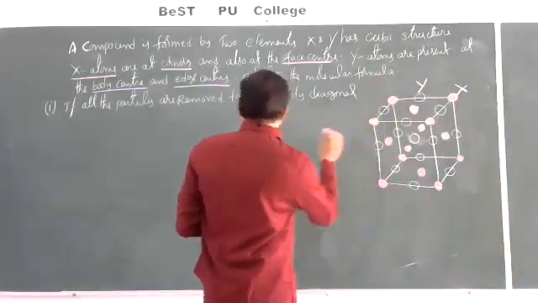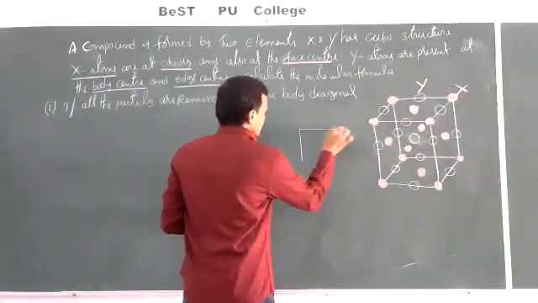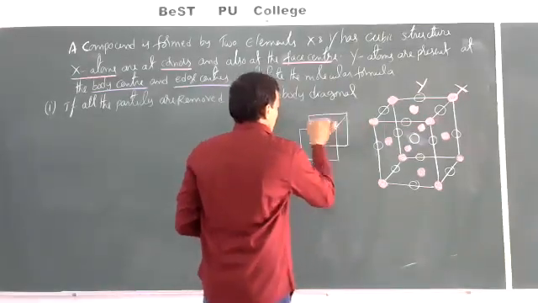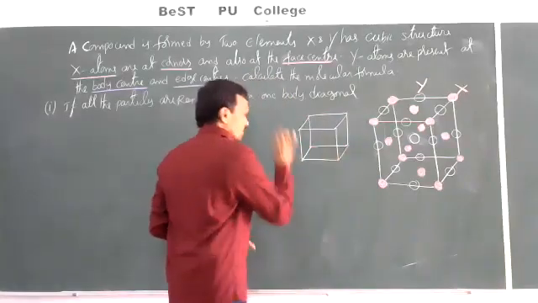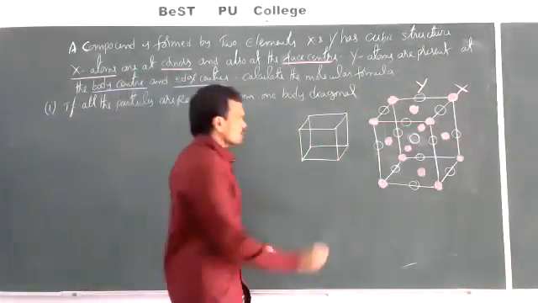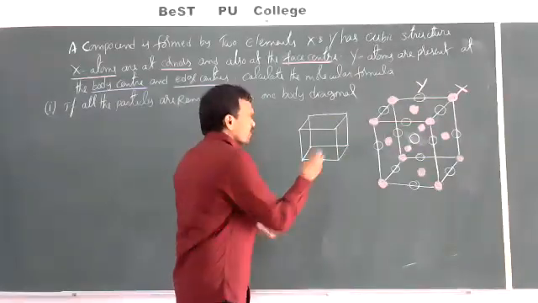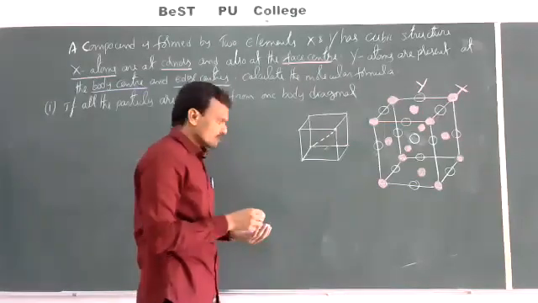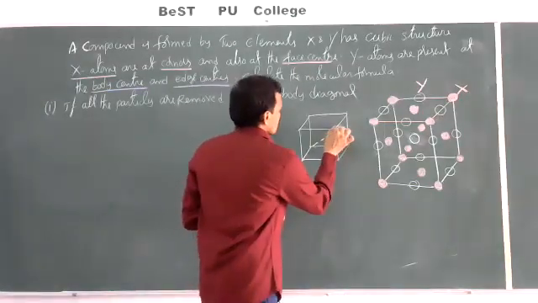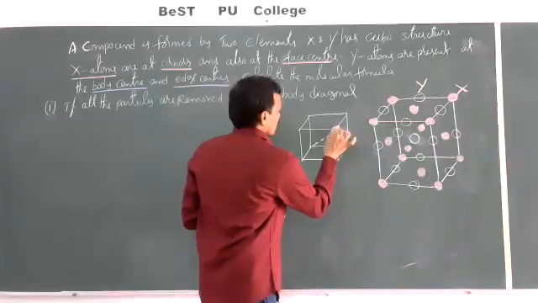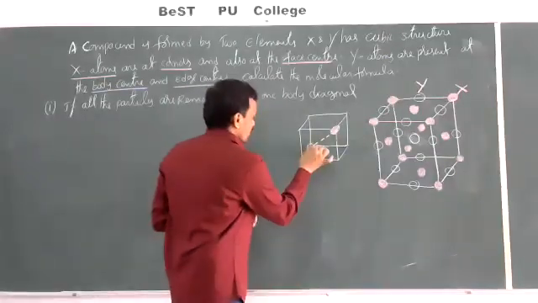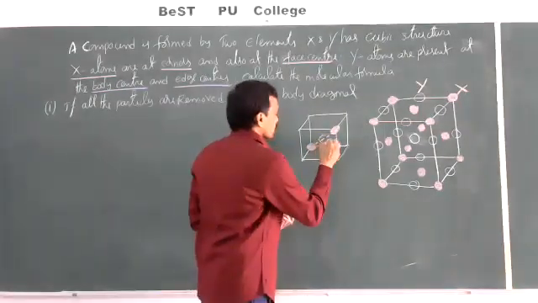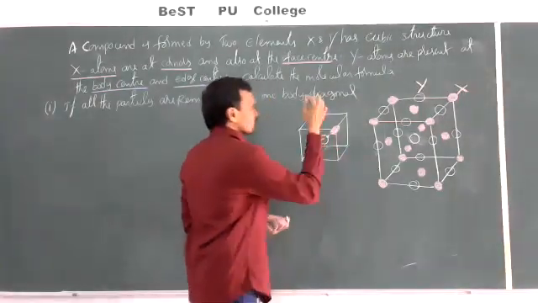Yes, I'll draw one more diagram here clearly. This is a cube. So what particles are we removing? We are removing the particles on the body diagonal. This is the body diagonal. What are the particles present here? This body diagonal consists of one corner here and one corner here, and one body center particle will be there. These are the particles.